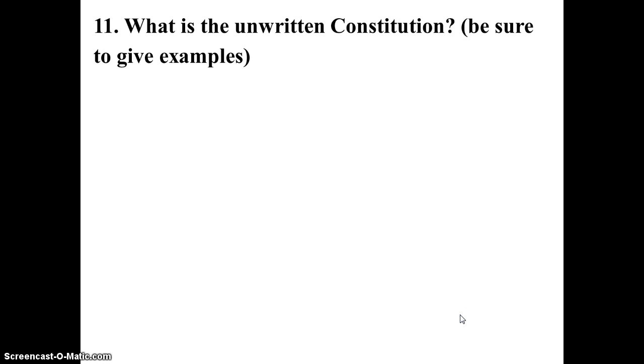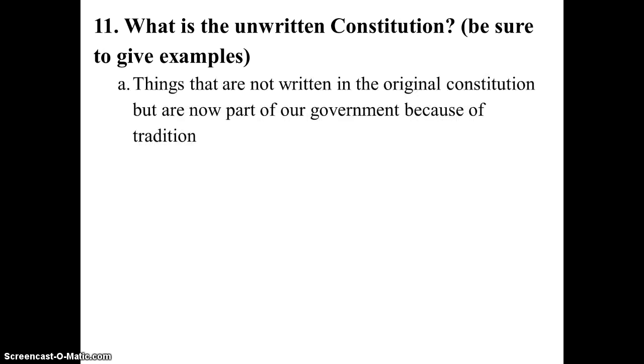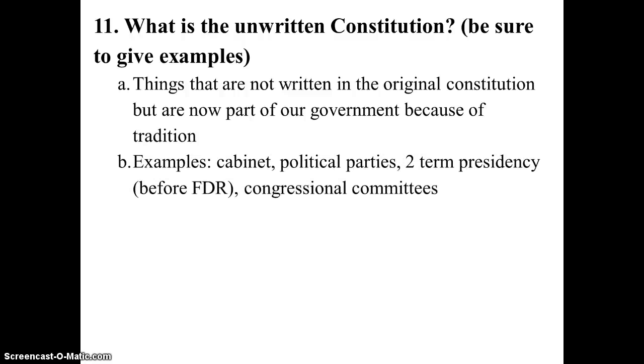All right, let's see if we get this slide done real quick. What's the unwritten Constitution? It's things that aren't actually, if you can believe it, written in the Constitution, but they're there because of tradition. So, for example, George Washington was like, dude, I can't do everything on my own, because that's how he talked back then. And so he's like, oh, I'm gonna have a cabinet. Well, check this out. John Adams was like, well, if he had a cabinet, I want to have one. And everybody else had one too.